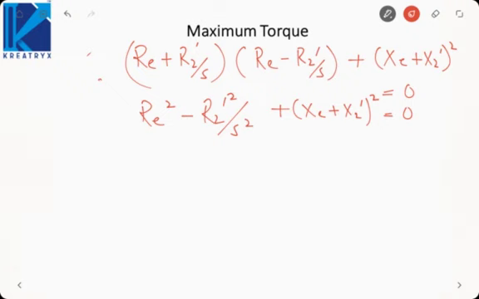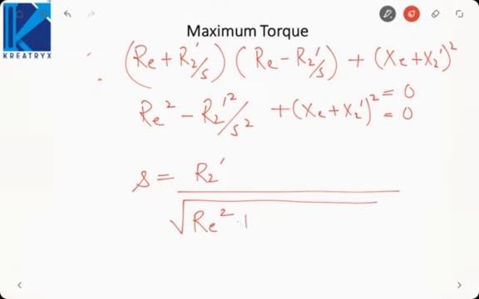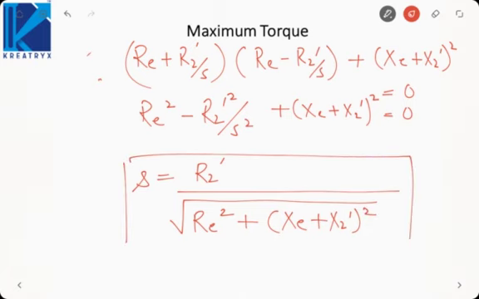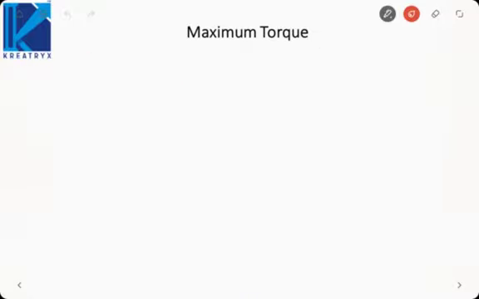So from here, if we calculate S, it will be R2 dash divided by under root Re square plus (Xe plus X2 dash) whole square. This is the slip at which the maximum torque will occur. It can be written as SMT, slip for maximum torque. Now to determine the maximum torque,